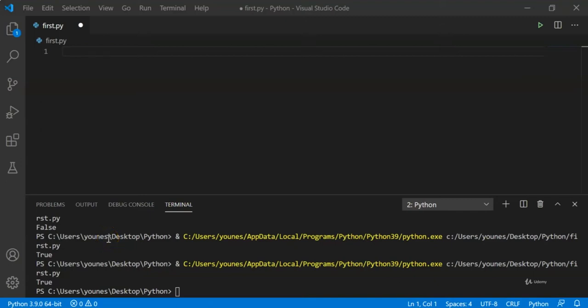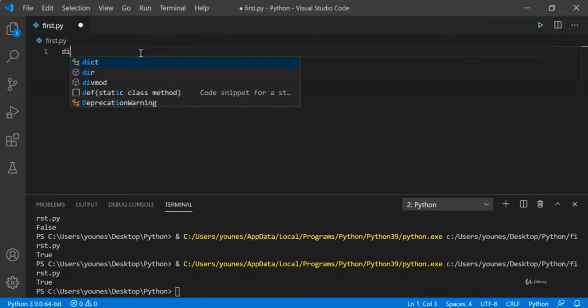Now let's talk about dictionaries and tuples. In dictionaries, we have a method called items that returns a list of tuples where each tuple is a key value pair. So for example, suppose I have a dictionary called D,